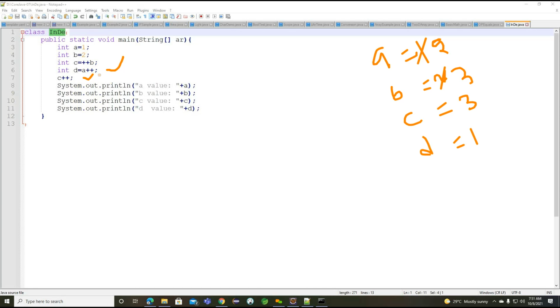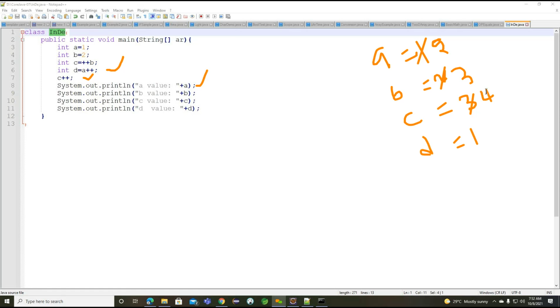Getting the point? Now if you observe again the line number 7, what is the value we are defining? C plus plus. Now whenever we are trying to print this particular A value, the C value will be incremented here. It will increment to 4 here. Getting the point? Whenever the line number 8 is executing, the C value will increment here. Because pre-increment here, first it will increment and later it will move on to the next statement here. But post-increment here, once it moved into the next line, the value will increment here. So this is all about the simple example here.